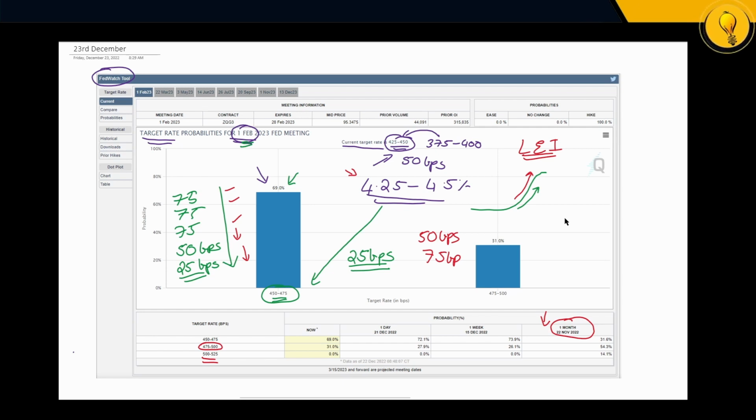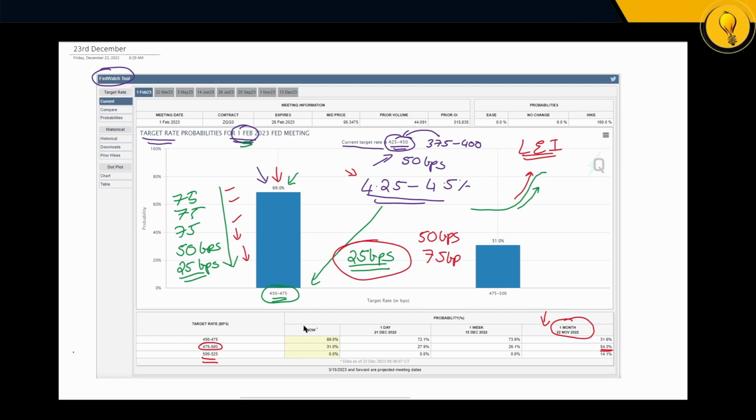The Fed may not even increase anymore whatsoever. They are saying that the most recent rate hike of 50 basis points might be it. That we may not even get a 25 basis points hike. Now, as things stand, the market is saying that we will get at least a 25 basis points hike. There's a 70% probability that we get a 25 basis points hike coming in Feb. But hey, a lot can change in 6 weeks. Again, look, only a month ago, the market thought that there'd be a 50% probability of a 50 basis points hike, like we'd be at a higher target rate come Feb.